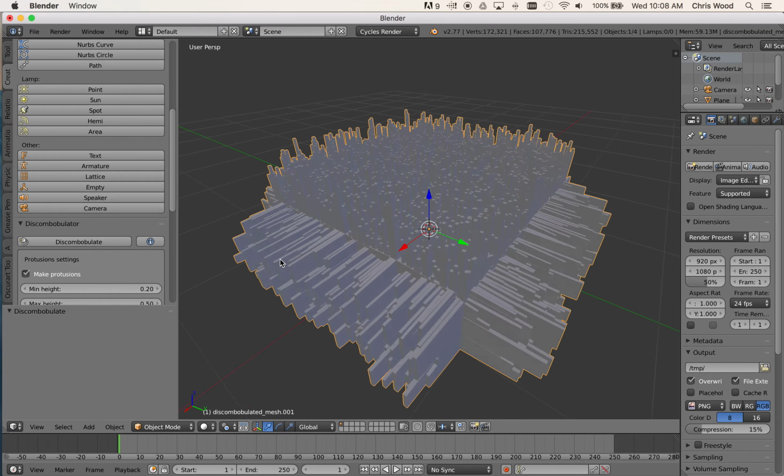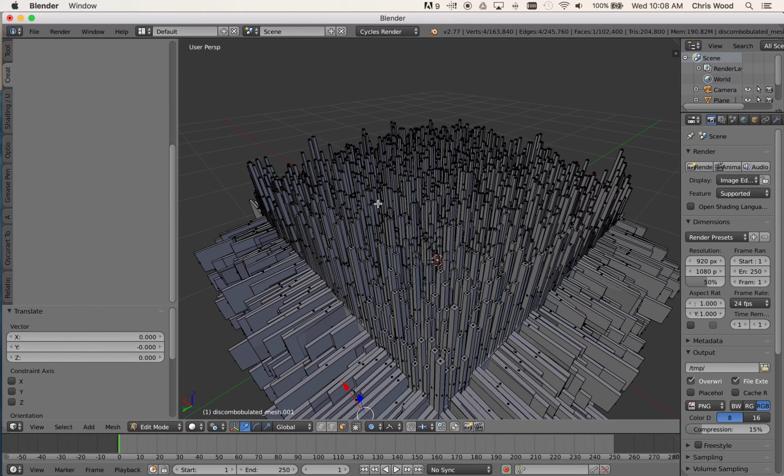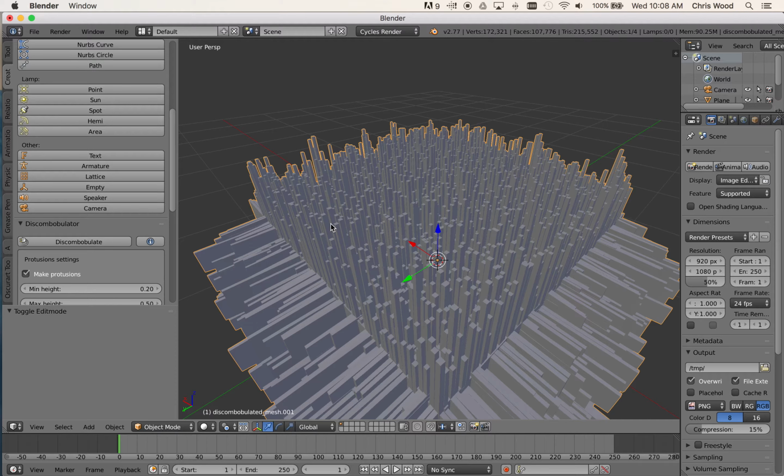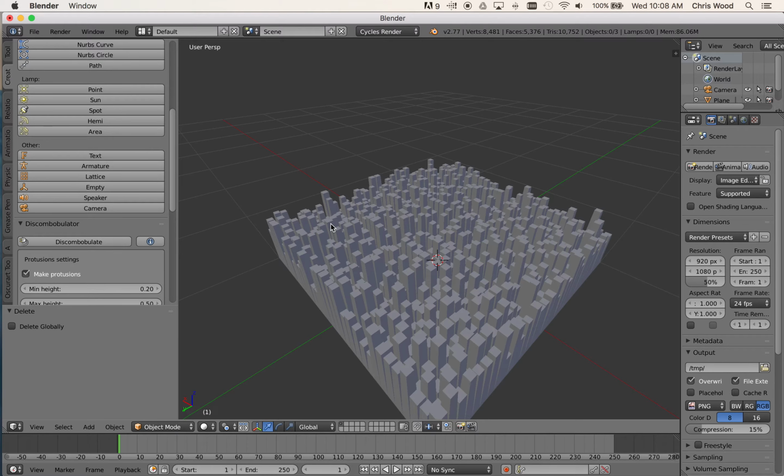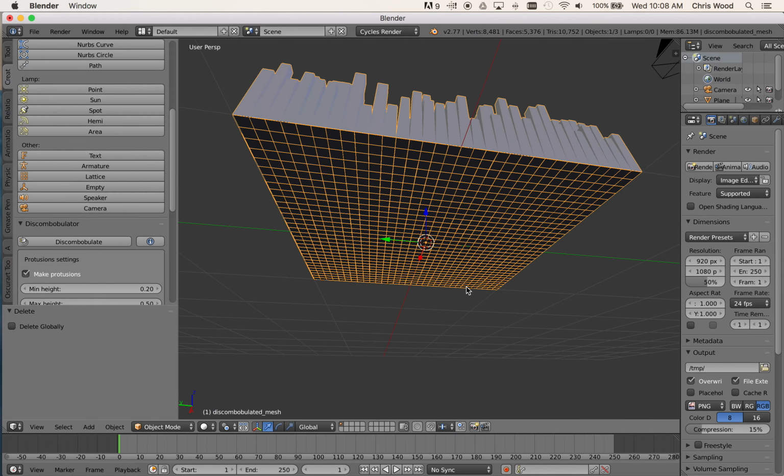And we've got this one, because I turned on the 2, it's broken it down. We've got some extra stuff on the side here as well. Okay, so that's not too bad. If for whatever reason you don't like the discombobulation, all you've got to do is select it, hit your X key, and you'll often find that there'll be a couple of different repeats of the object as you look into it,